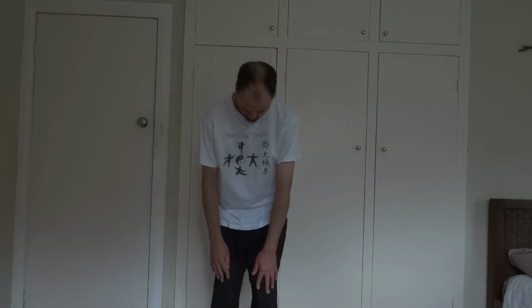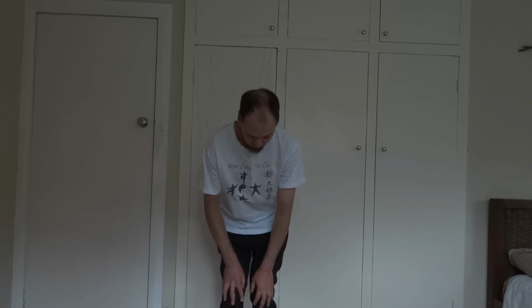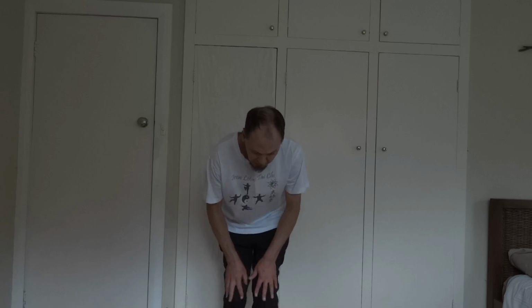Okay, then we're going to move down to the knees, just giving your knees a little bit of a rub, a few gentle knee bends, straight backwards and forwards. If you've had a knee replacement, continue with this straight backwards and forwards action. If not, just gently circling your knees, nice and soft. Keeping the spine pretty straight, back the other direction,